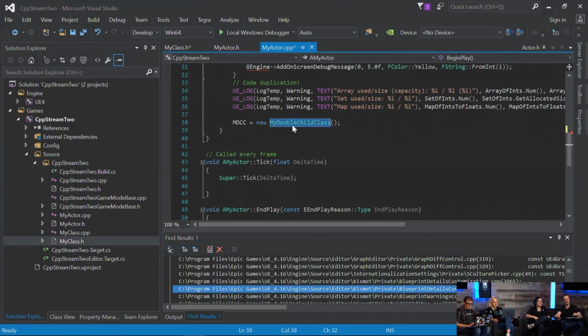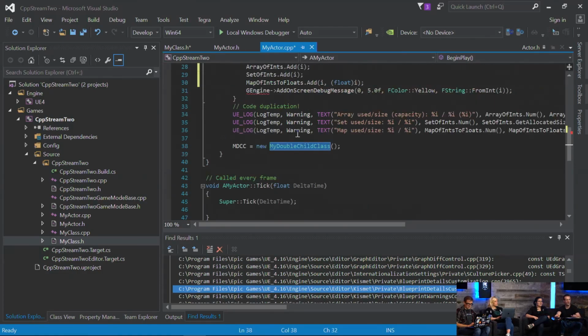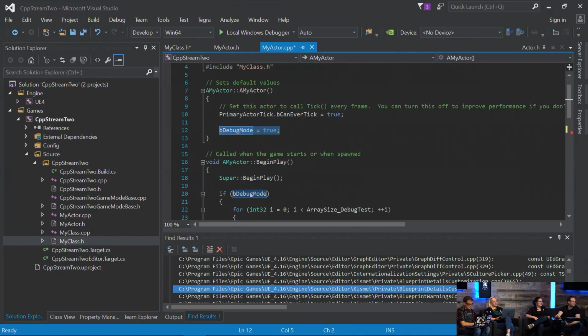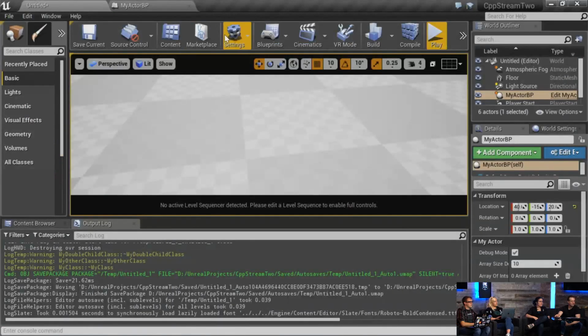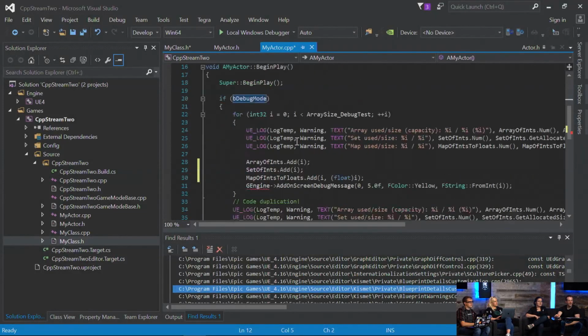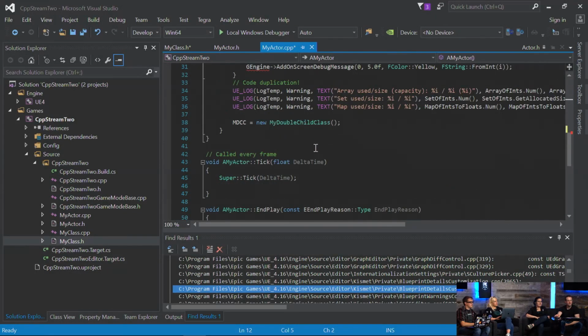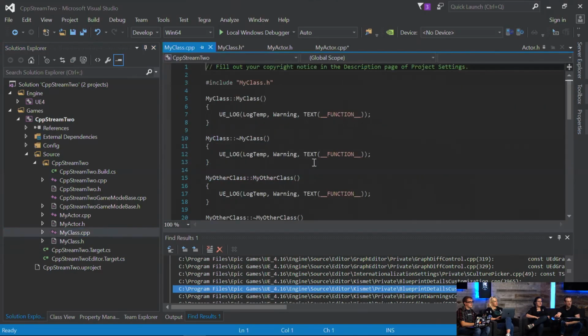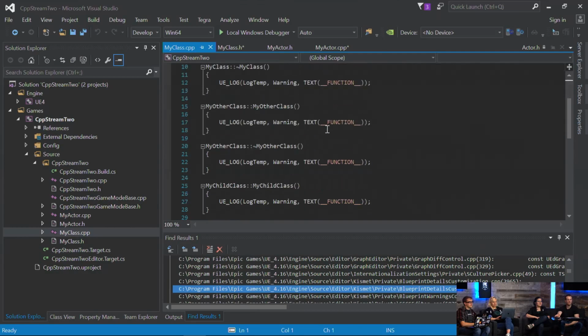And the purpose is to show how constructors work, because we do override constructors in here, like right here. I wanted debug mode to be true by default whenever we create a new one of these things, so I just set it right here in the constructor. So I've written these classes, and we're in the H file for this. All of them just output the name of the function, which would be this,